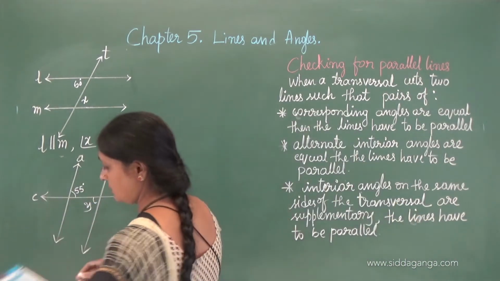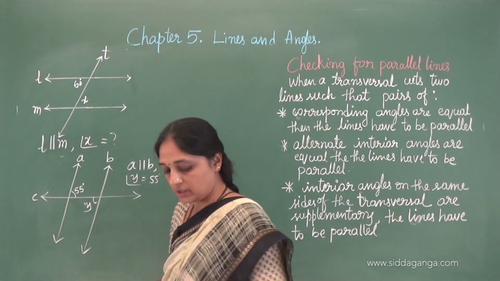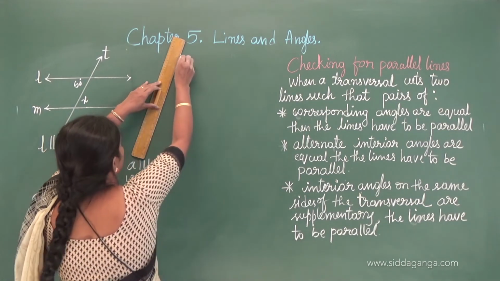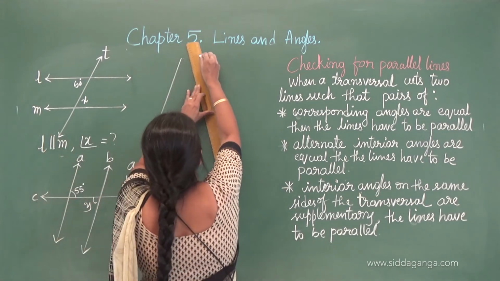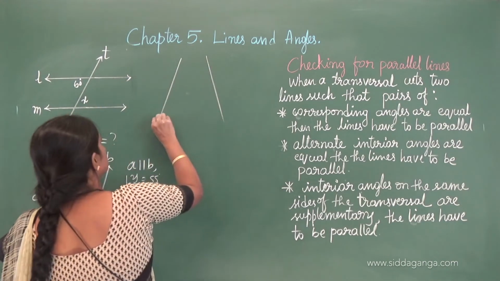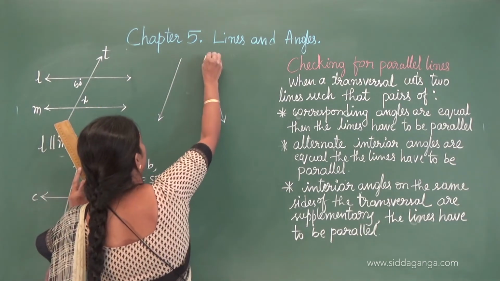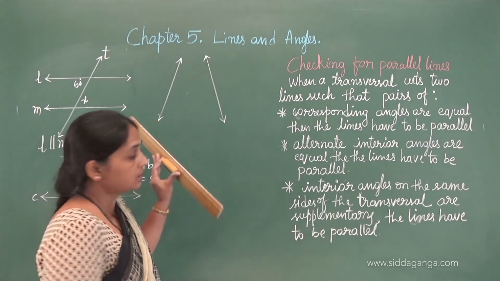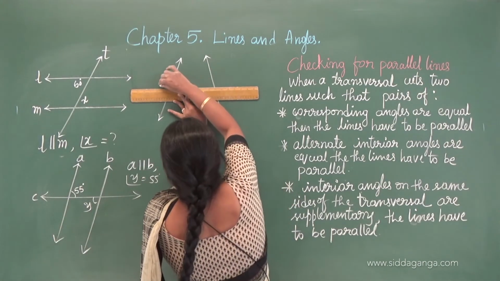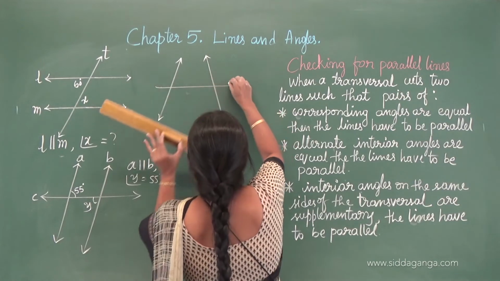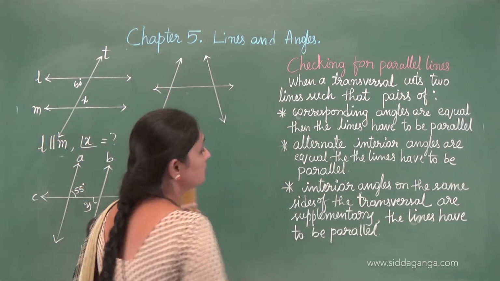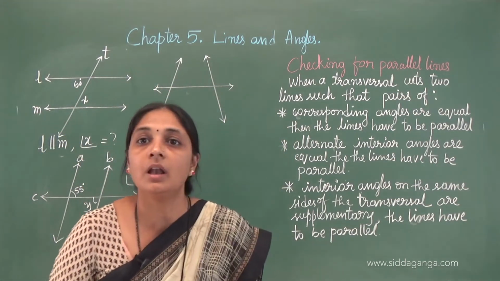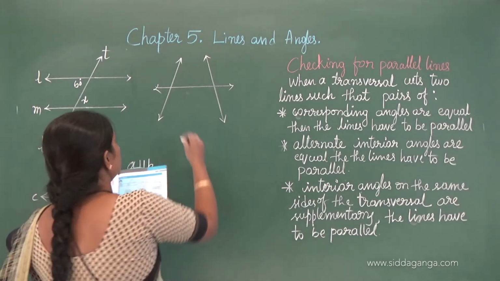Then go to the third one. It's very special, like this. So they have given it like this. These are the two lines. Are they looking parallel to each other? Yes or no? Yes. So these are lines, but they are not parallel.